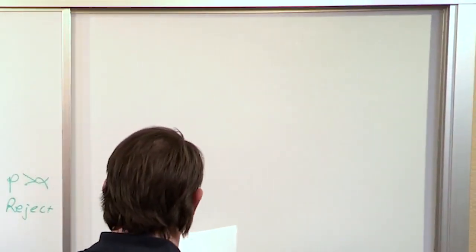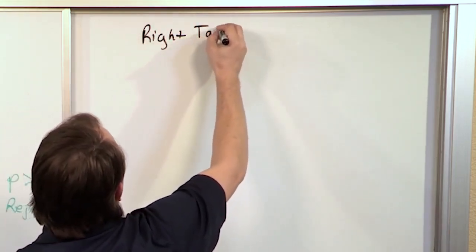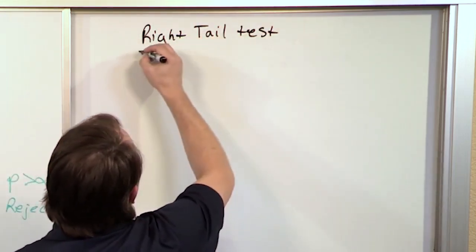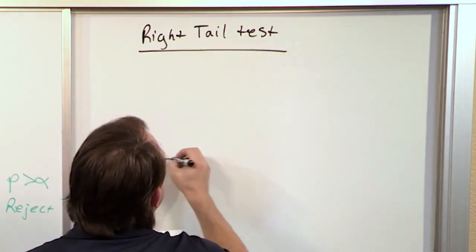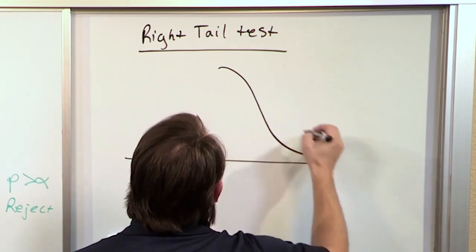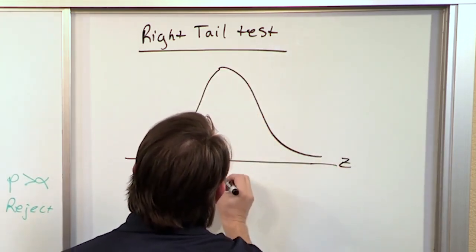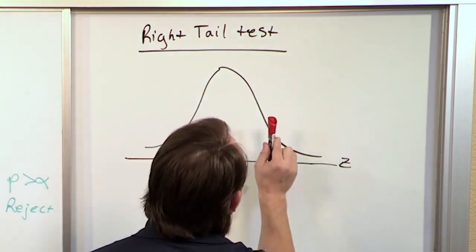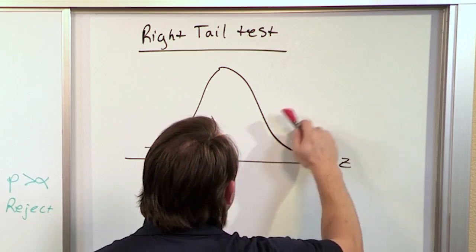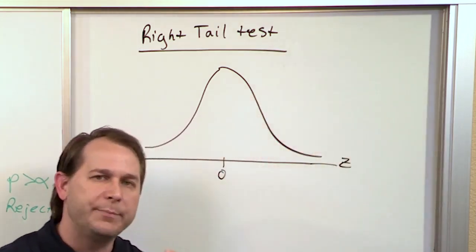Let's say that in my little hypothetical scenario, I'm the new employee, and I'm doing a right tail test. Because I'm thinking, for instance, the candy bars are too long. So if I'm doing a right tail test, and this is a normal distribution like we're always doing at this point, I put Z here, and right in the middle is 0. Usually the way we've been doing it in the past is I take my level of significance here, I shade it, I label this as alpha, and I say, hey, here's the rejection region,